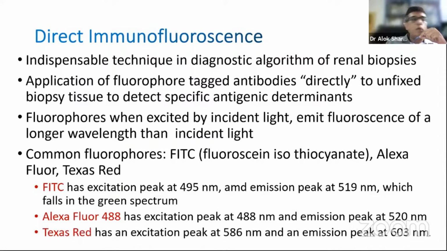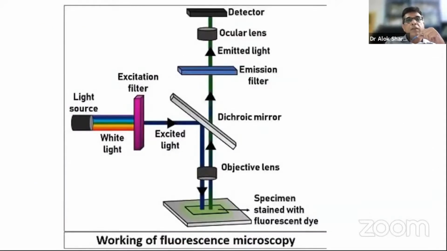And if you want to use a double immunofluorescence, you can also use Texas Red. So these are the three main fluorophores which are used and tagged to the antibodies. Now this is the basic structure of the immunofluorescence microscope. Most of the microscopes you use are epi-fluorescence microscopes. So the light source emits the light from above, falls on the surface wherever we are trying to see, and then is reflected back, and then we see it in the ocular lens.